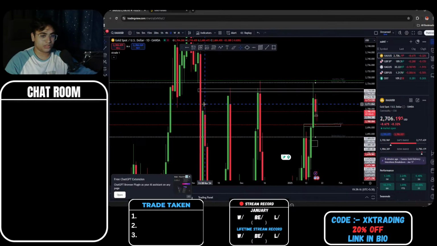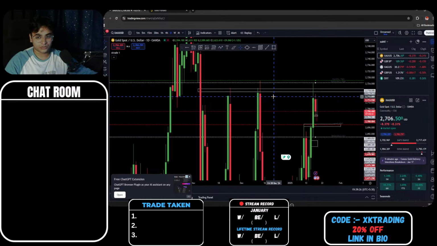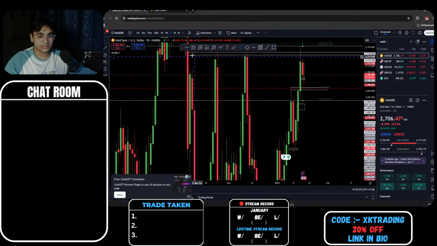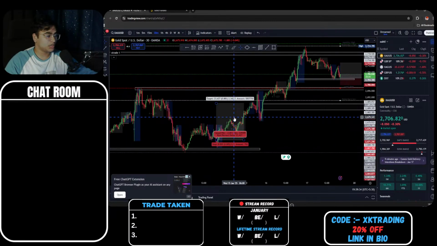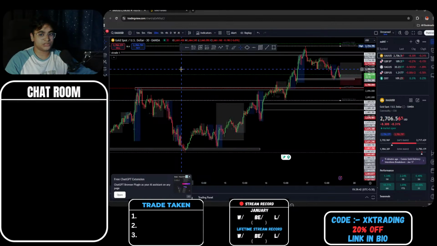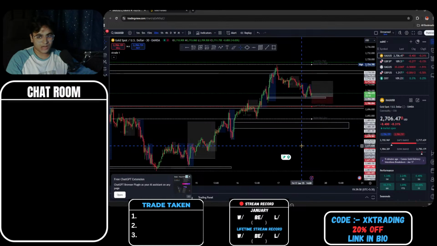Okay, and also every time it has closed above the zone, as I said since the start of the week, I was telling that we will hit this area if we break above the zone, and we did. We are up around 2700 due to this analysis, so I'll show you this trade here. Due to this trade, which was 200 pips or so, we took that, and that was the reason I was able to make around 3% on that, and I was up around 6% on the account. But again, due to mistakes, I lost it. But the account is still active, which is pretty good.